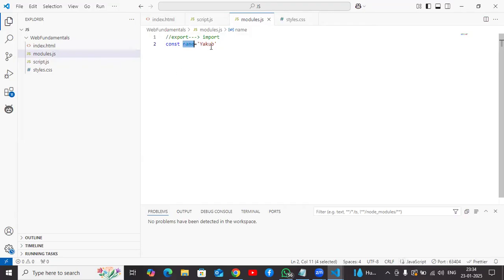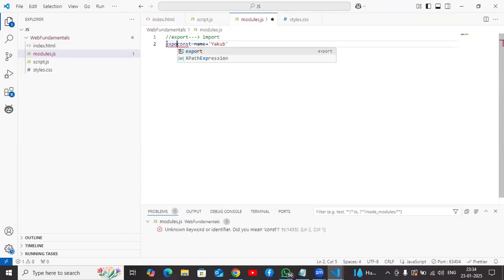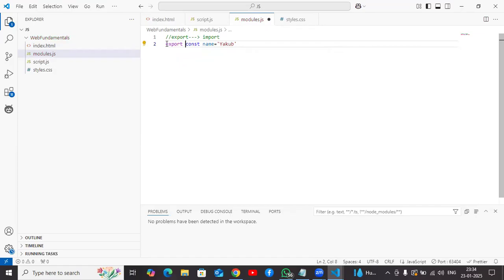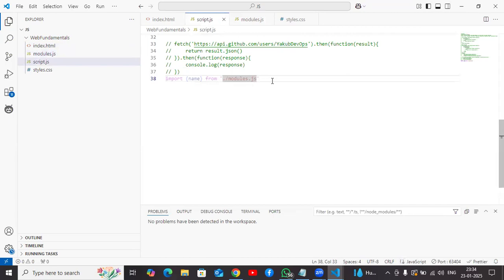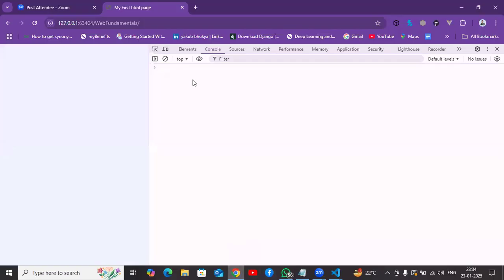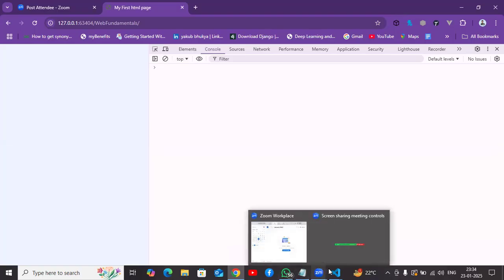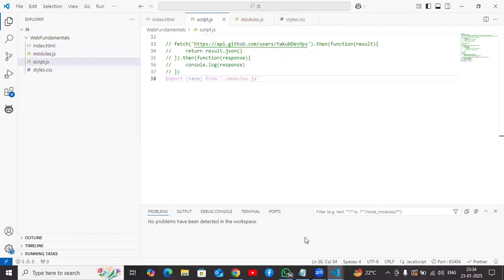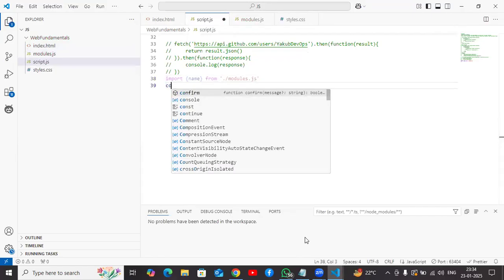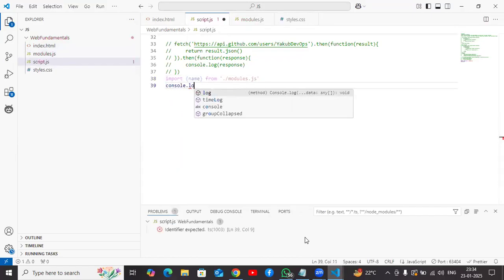To make this variable available in the script file, we have to export it with the export keyword. Additionally, we have to add the export keyword to this so that it will be available in script.js. Now we can access it. If you see now, you won't get any errors. Now I want to try to access that. I'll say console.log of